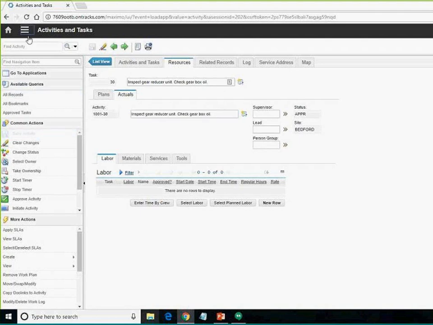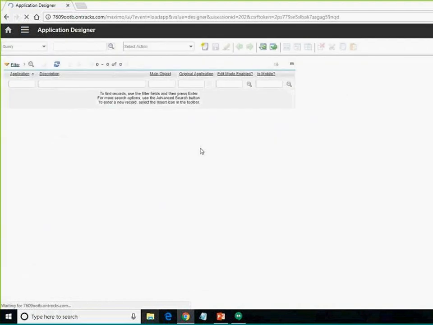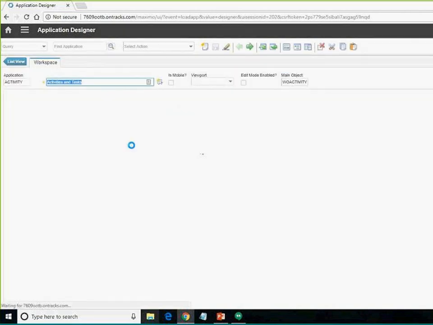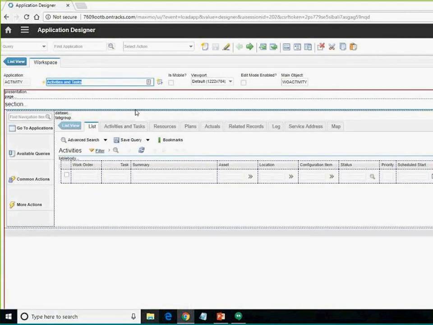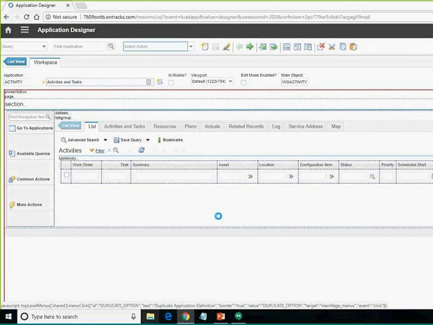Again, the way we start is by going into our application designer. And here I'm going to go into my activity application and click on the Select Action menu, Duplicate Application Definition,